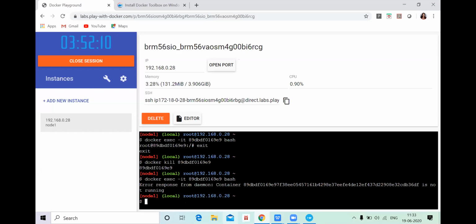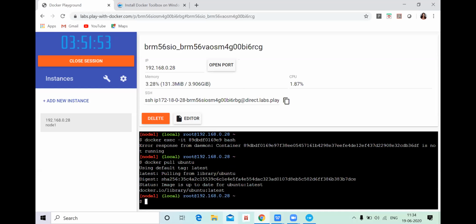Now let's repeat the same process because we want to use this Ubuntu image. We are going to create the same container again. I think you can write it, as I have already explained it all. Please go through the same procedure quickly because we are running out of time. Docker pull Ubuntu. So we have pulled the Ubuntu image from the repository.